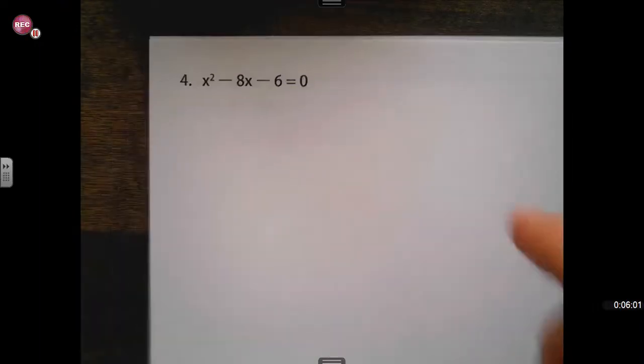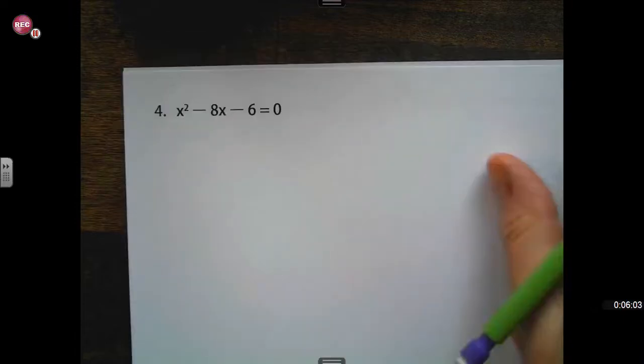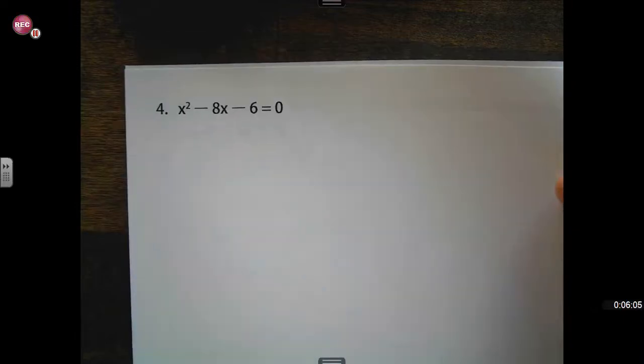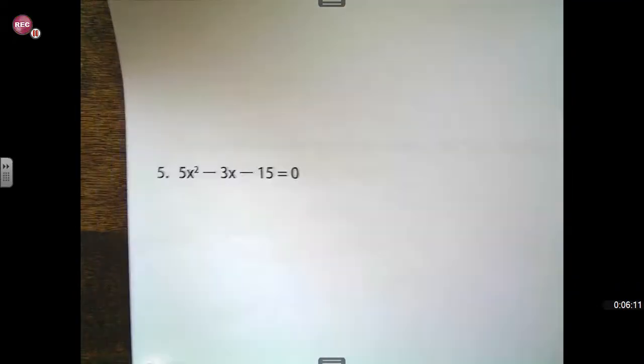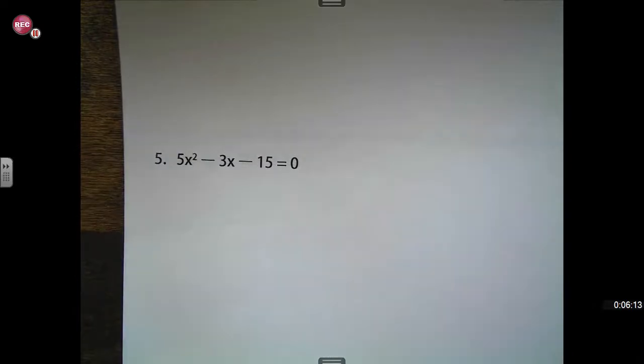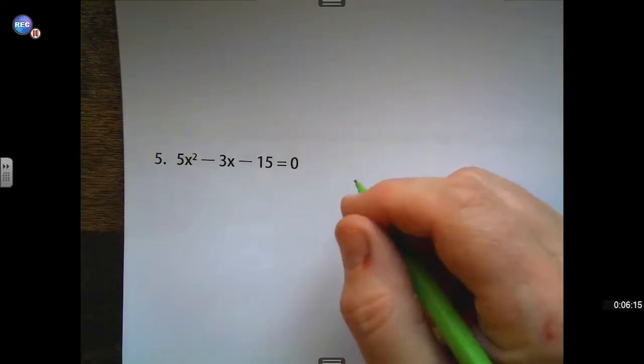I'm going to actually skip this fourth example. I'm going to move on down to this fifth example, which is going to be difficult to say the least. One of the rules that I have not told you,